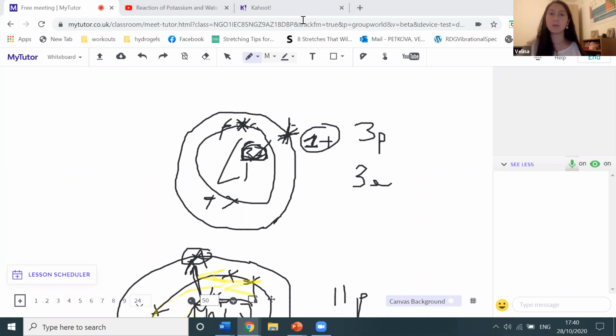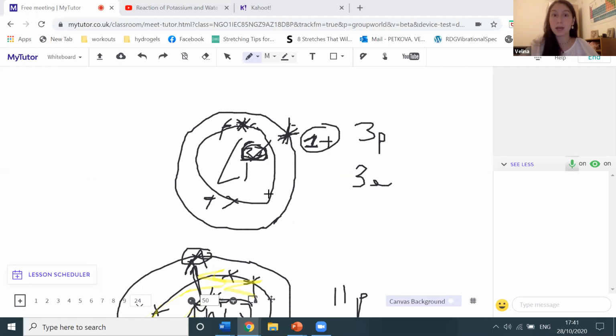So you won't get a question about the shielding effect. What you might be asked, we'll see in a bit, is explain the trend down group 1. So why is group 1 more reactive down the group? What you need to say is that group 1 is more reactive because there is less attraction between the outer electron and the nucleus. And then you need to be able to explain why there is less attraction between the outer electron and the